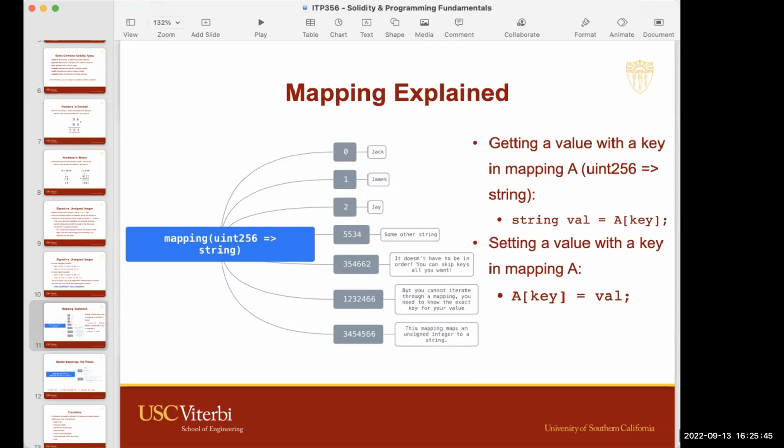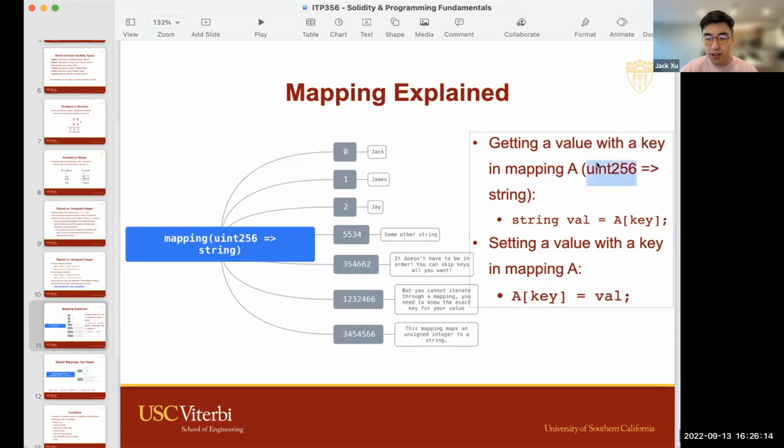I have a question, which is, are the key and value data types always the same? I.e., you can't have a mapping that maps to values that are different data types. Yeah. So all the keys and all the values have to be the same data type. It has to be internally consistent. So once you decide on what data type to use for a key, then all the keys have to be that type. And once you decide on a type to use for a value, all the values have to be that type. Does that answer your question?